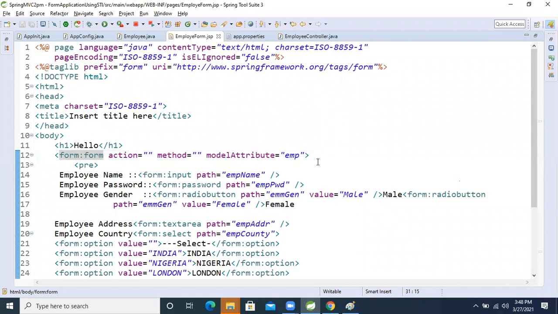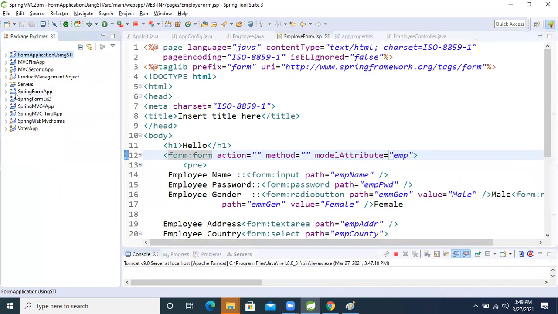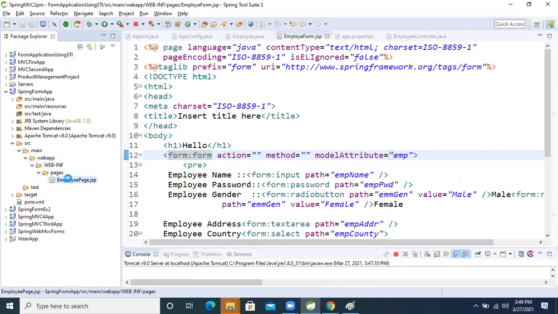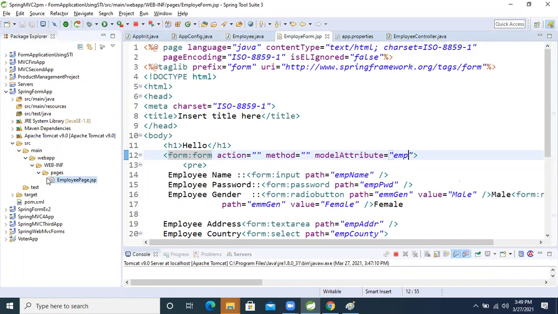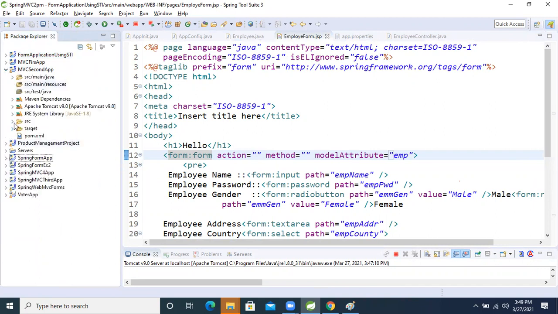Here form is closed also. One minute, okay? One minute, friend. I don't know why it is giving the error, everything is perfect only.